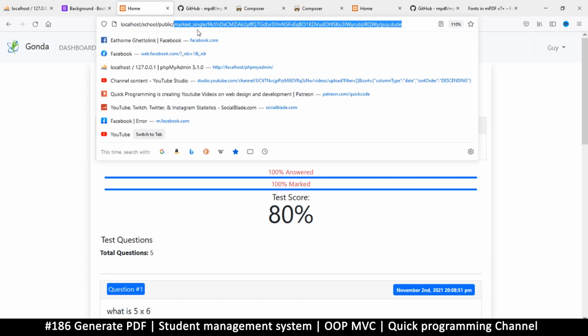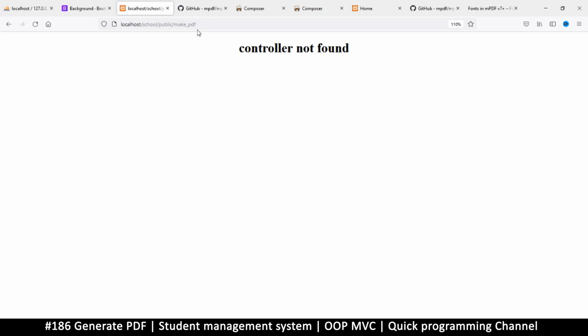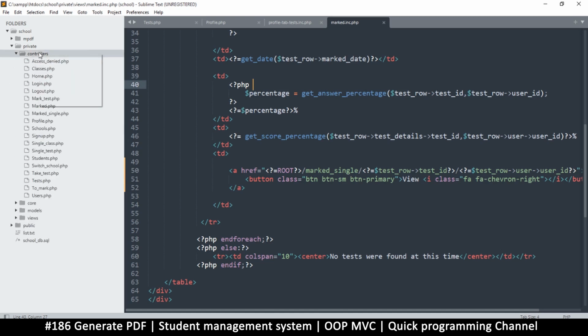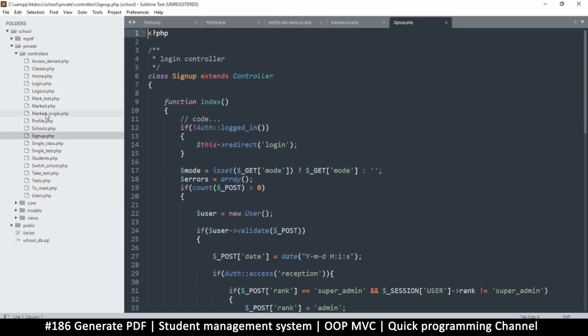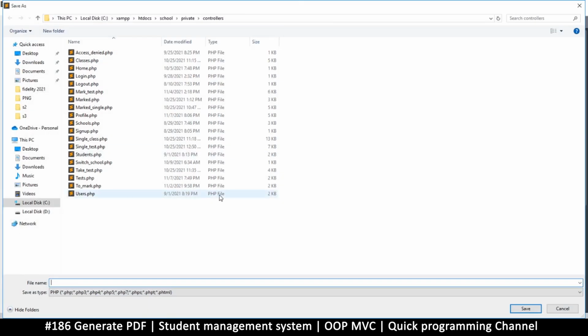In the link here, I'm just going to say make_PDF. Enter. It says controller not found, and rightly so. So let's keep things simple for now, and let's just create a controller. I'm just going to right click on controllers and say new, or let me copy the home controller, as it is the simplest one. New file, paste, save, and let's call this one